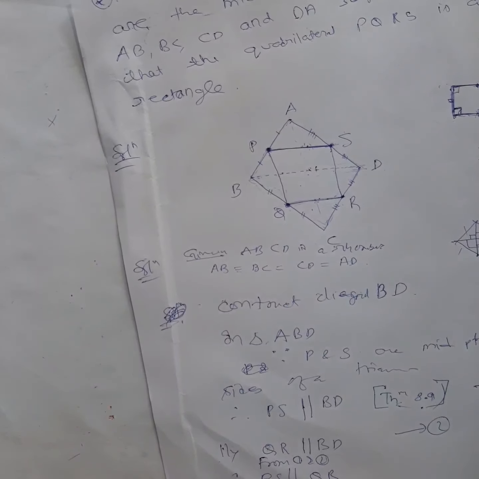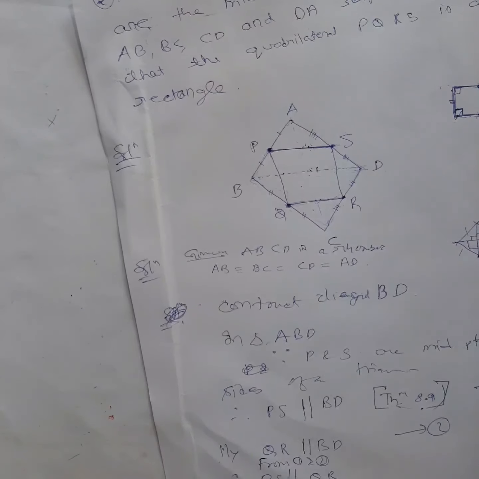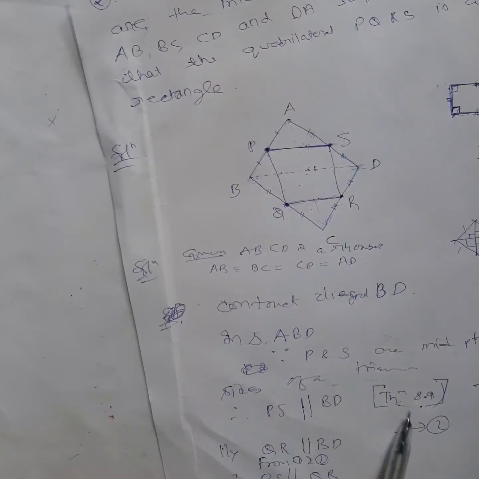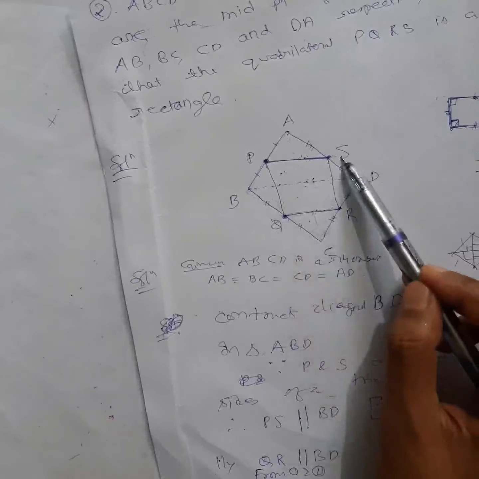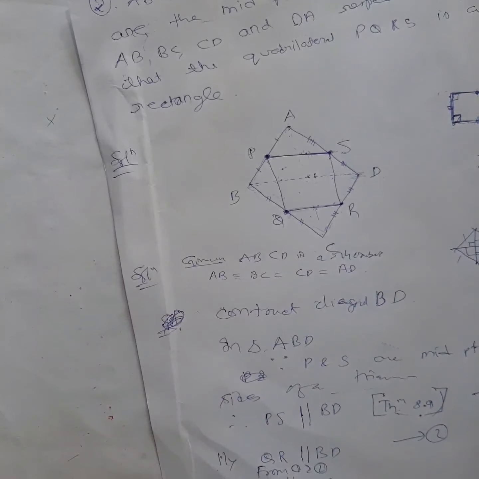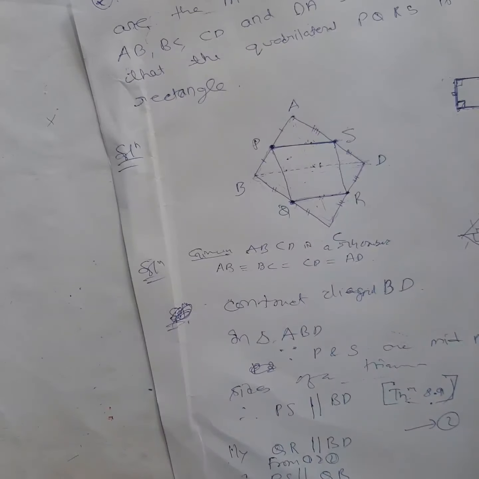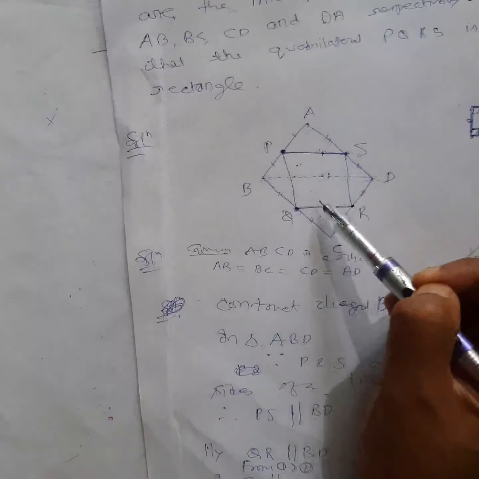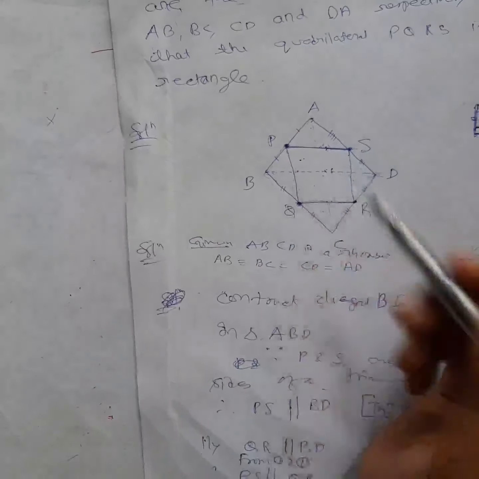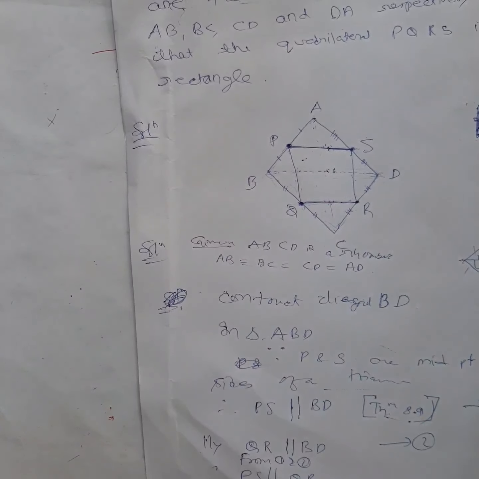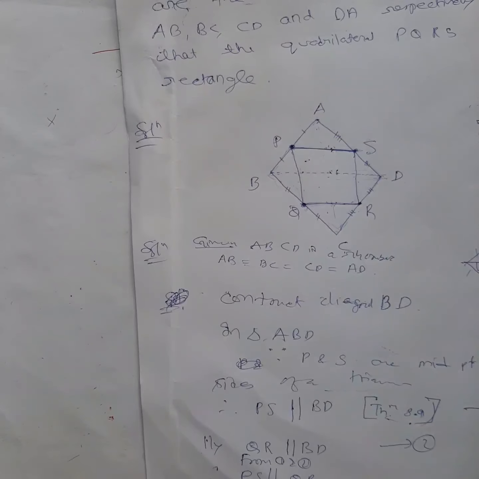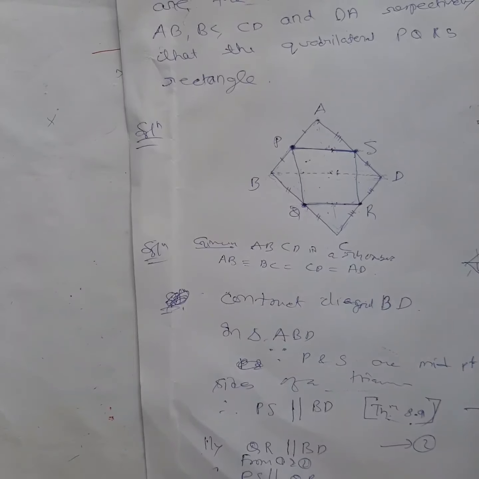So again you write similarly PQ parallel to SR. When you write similarly, it means you will follow the same steps, so following the same steps you will get the same result. So in the exam also you can write this. Don't write this shortcut form, similarly, you write it in words. So I have shown that both pairs of opposite sides are parallel, so obviously they will be equal also, right? Therefore PS is equal to QR and PQ is equal to SR.